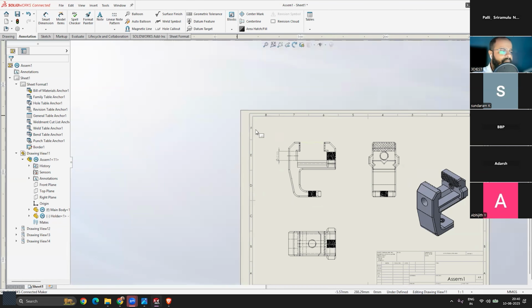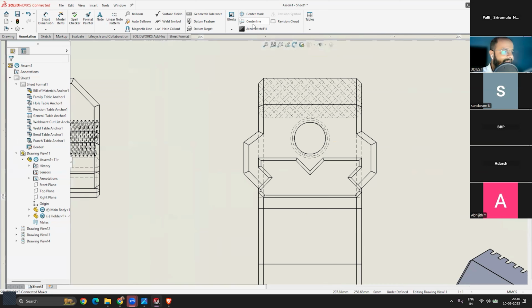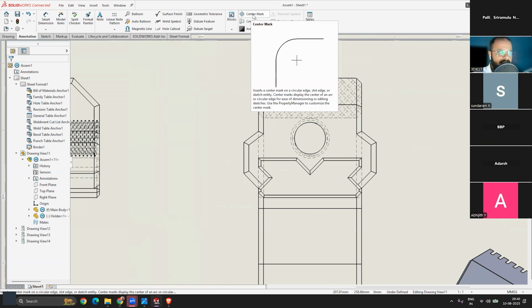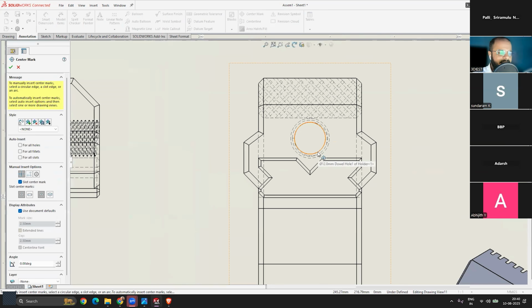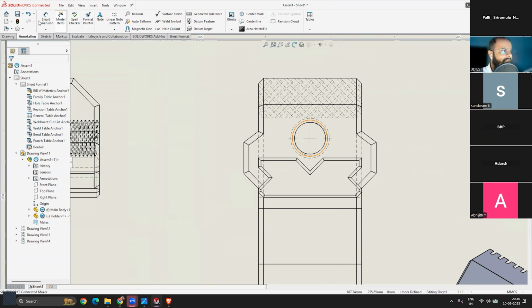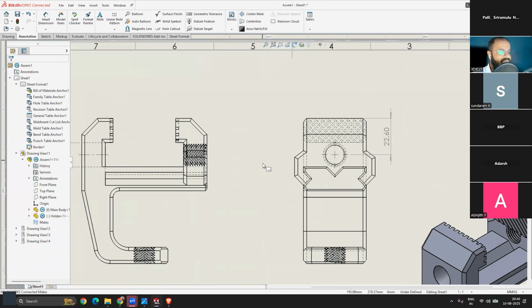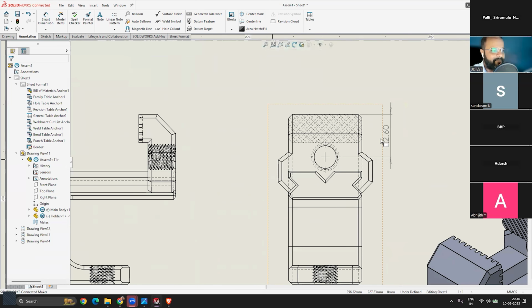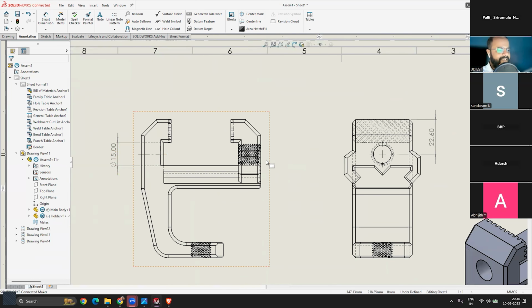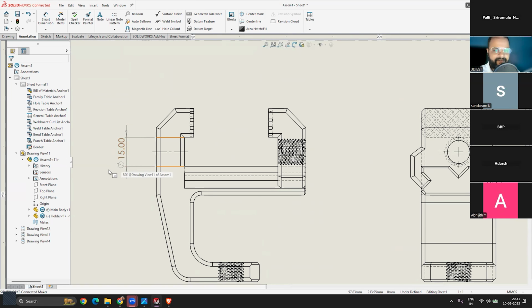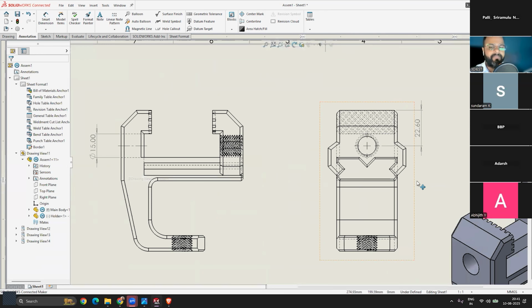So I will delete this one. I will come onto this view, and here we'll add the center mark using this center mark tool, right? We'll activate that, click only on the circle, and the center mark will get added. Now here we can add that dimension. From the top to this horizontal line, this one should be 22.6, like this. When someone reads this drawing, they will know that from the top, this center hole position is 22.6 and the size of this hole is 15, right? 15 in diameter. The symbol is for circular holes only, and this denotes the diameter, right? That is the symbol of diameter.